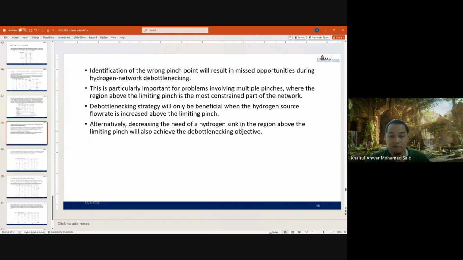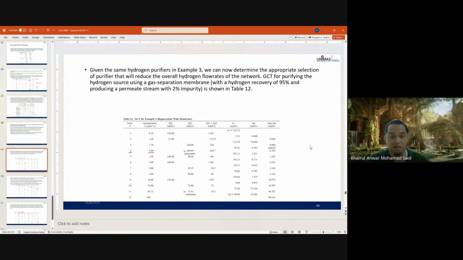Ultimately, increasing the purity for the region of the limiting pinch, so the strategy being, given the set of purification technologies, we can now need to build the selection of the purification technologies to reduce the overall flow rate. Redraw the GCC for purifying the source using the membrane. So a simple membrane that represents this. So by introducing this membrane,